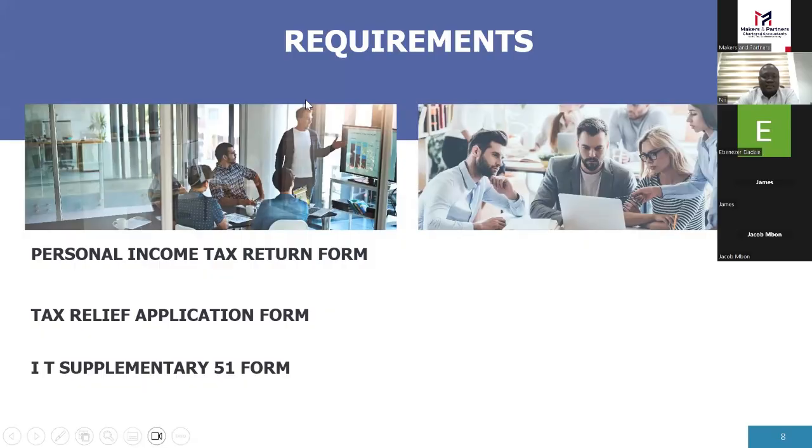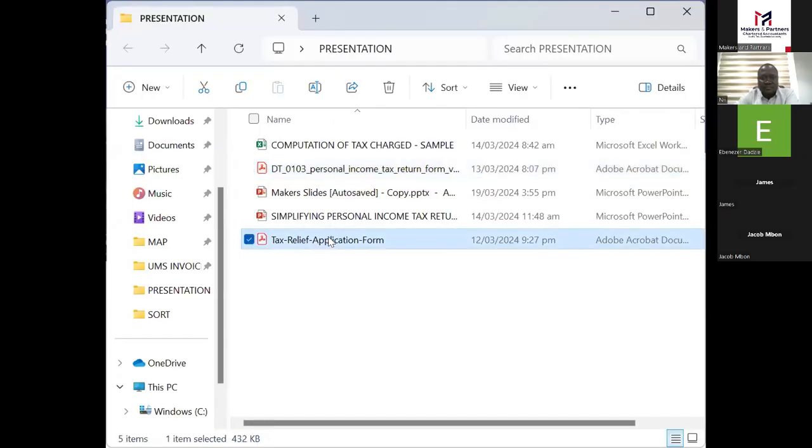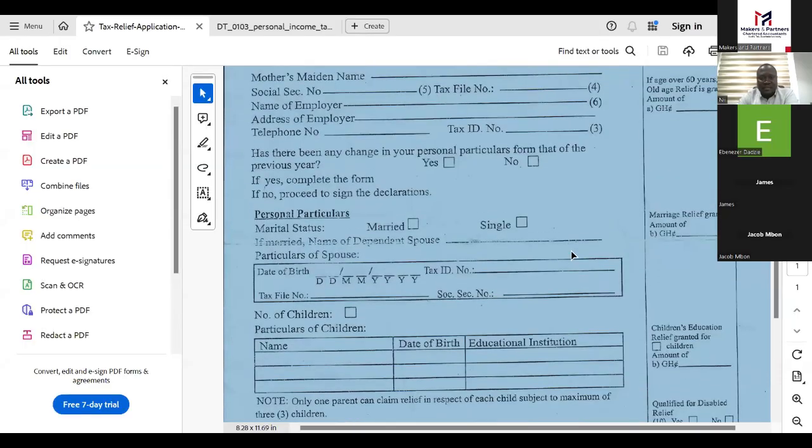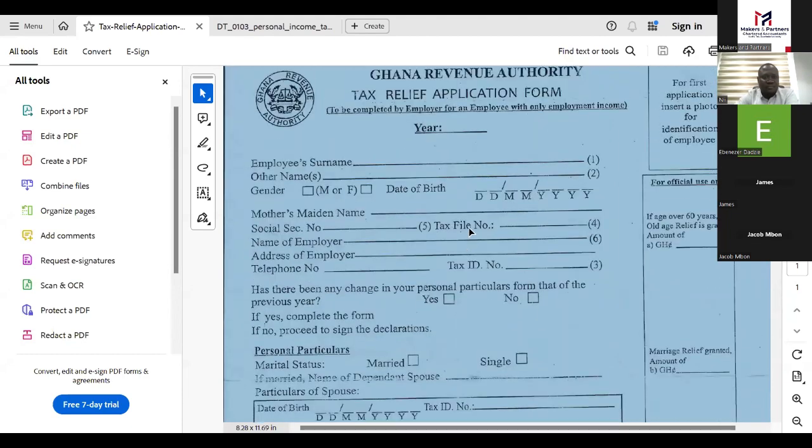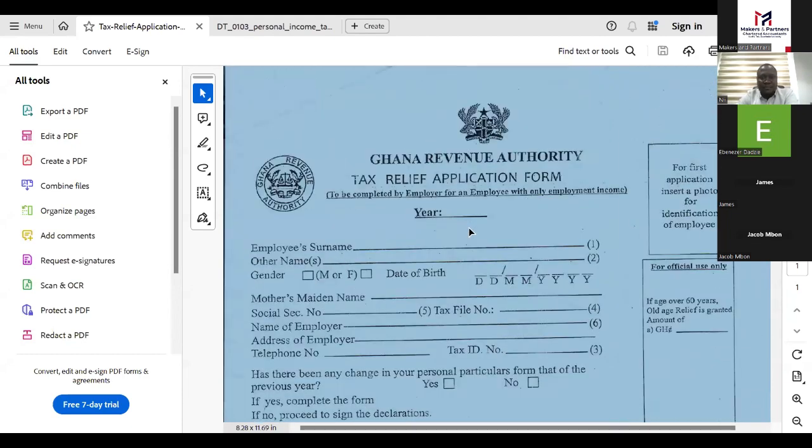So this is how the tax relief form looks like.